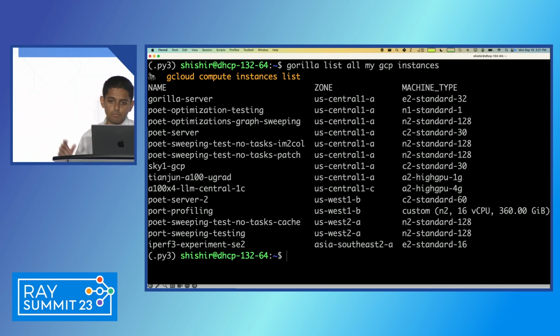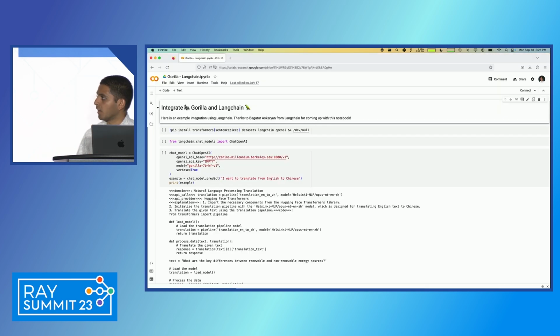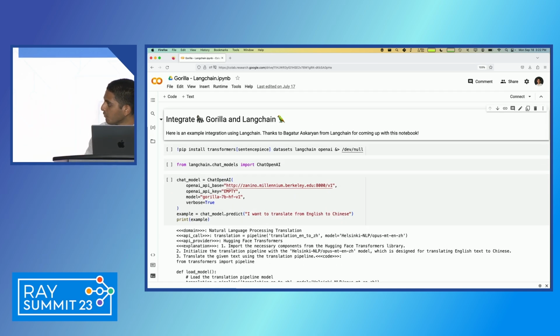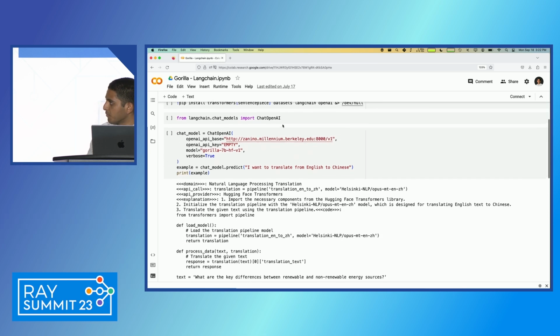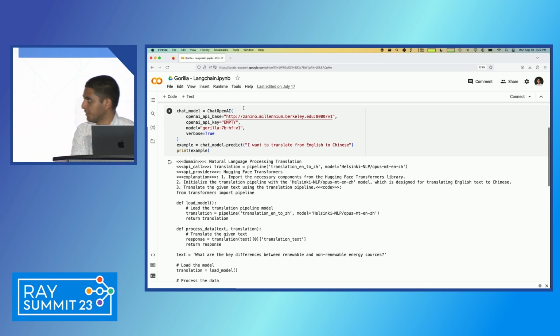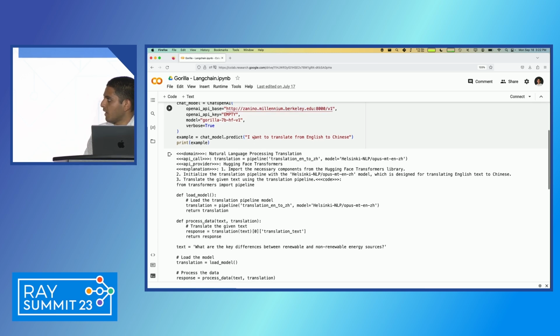Now you can use the same model, but wrap it up in a different form factor, which is how do I integrate APIs into my workflows? So here's an example where we integrate this with LangChain, which is a popular workflow manager. And the interface is pretty simple, right? Some of you may have used the chat completion API. All you do is, instead of hitting their endpoint, you hit a small box that's sitting in Berkeley. And then the question you ask is simple. Look, I want to translate from English to Chinese.